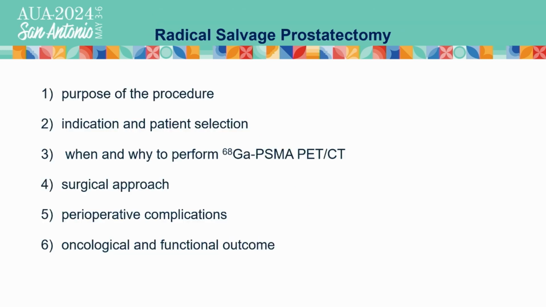So in my view, radical salvage prostatectomy is one of the most significant curative procedures, second-line curative procedures in those patients. And we have to think about this type of treatment much more often than we did in the past. But we have to use modern innovative imaging studies to rule out those patients who will not benefit from this local approach. So either the ones who have occult pelvic lymph node disease or the ones who have occult systemic disease who definitely will not benefit from this type of surgical approach.